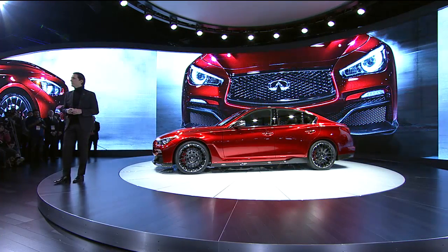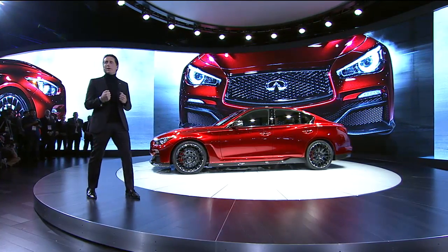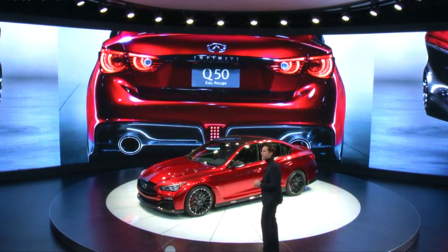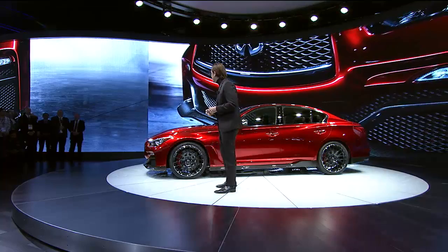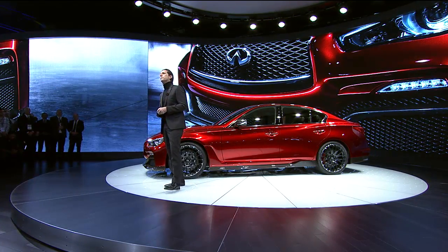Clearly a Q50, but it's lower, it's wider, taking a much more bullish, muscular stance. With a taller hood, pumped up front and rear fenders, packaging something that I'm sure Johan doesn't want me to talk too much detail about today. But here we are, inspired by Infiniti's involvement in Formula One, the science of art and aerodynamics. This is Eau Rouge. Up front, it has a high-set double-arch Infiniti grille with sculpted twin wings below that direct